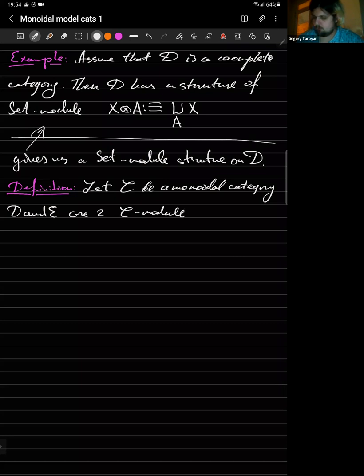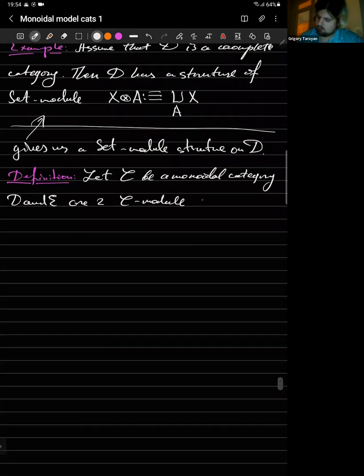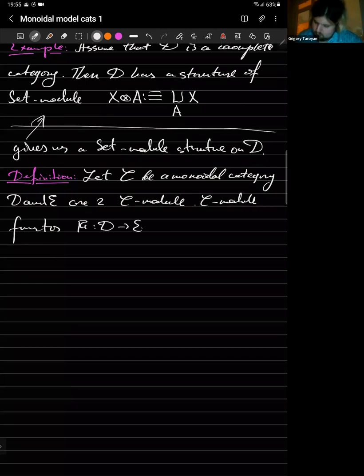We assume that we have two C modules, D and E. A C module functor F from D to E